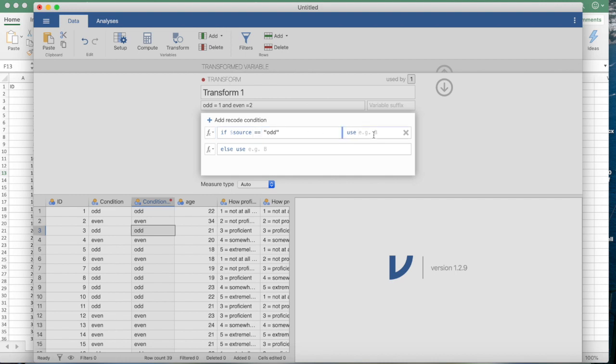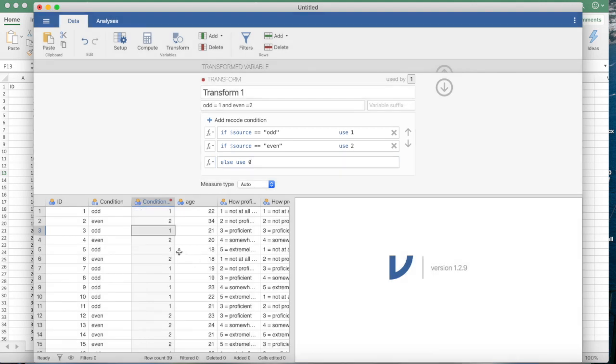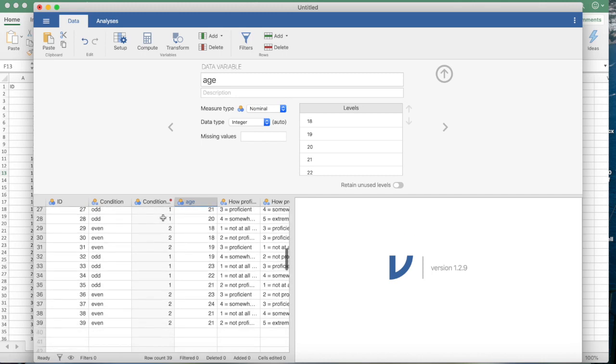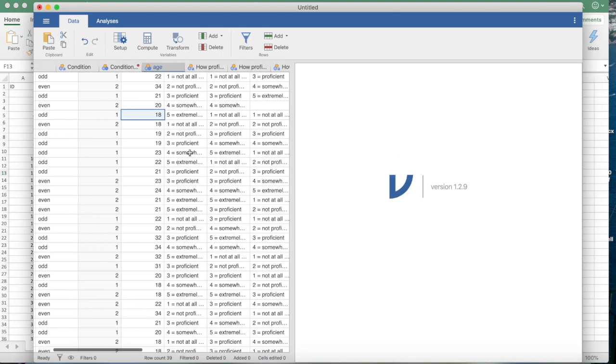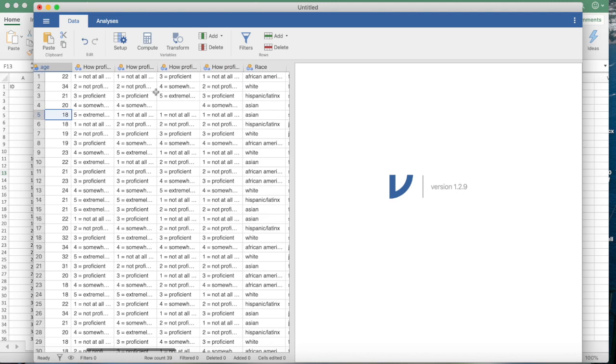And I'm going to add another condition and say if the source equals even, I want a 2. Else we're going to say use a 0, and we're just going to do that because maybe someone didn't answer. And then you just hit your enter or your return key, and now you can see it's transformed. So now we're going to do these 4 survey questions that I created,